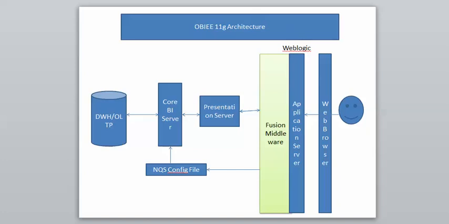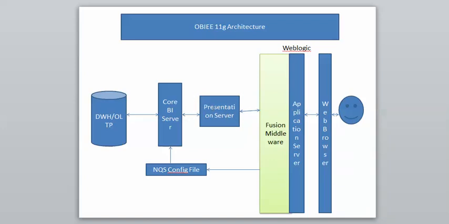Okay, so this is also bidirectional, and this is bidirectional. Okay, so the BI server, the Fusion middleware, and the presentation server will try to give the data, and if the data is not